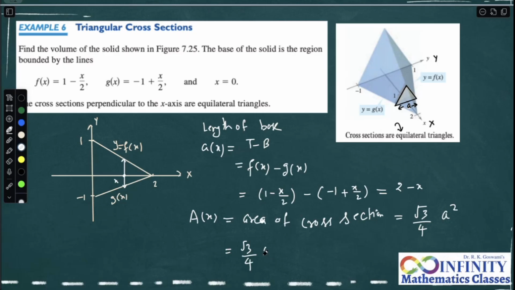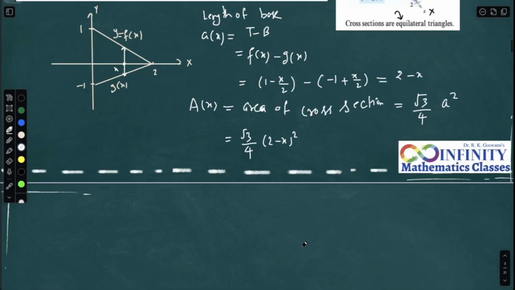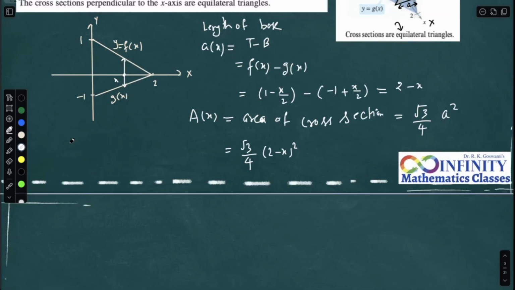Is it going to be (2 minus x) whole square? I think so, right? Yes. So what is the limit of x? x is on the right hand side, it is 2 there, and all these things started with x equals 0. So the limits for x are going to be from 0 to 2. If you ask me about the volume, I need to integrate from 0 to 2 A(x) dx,